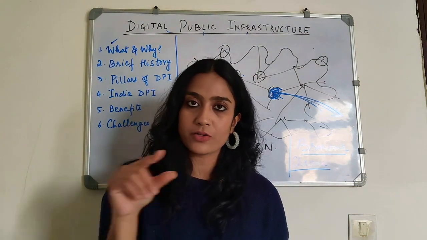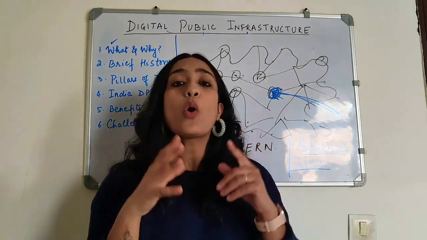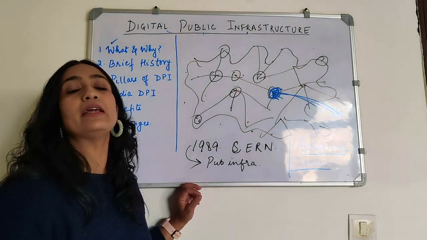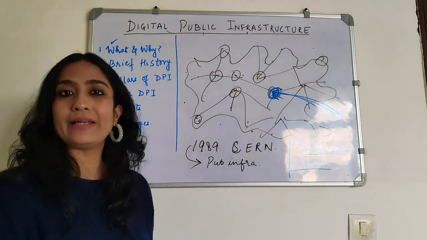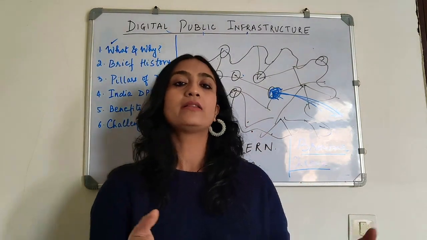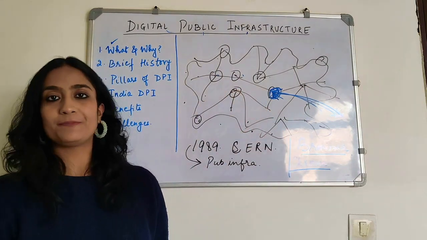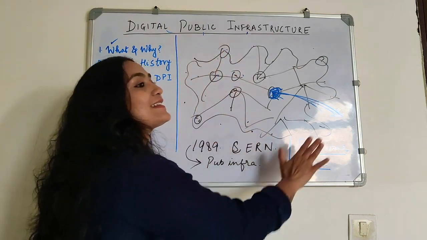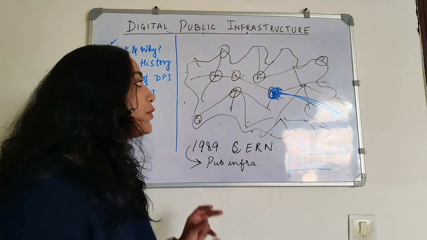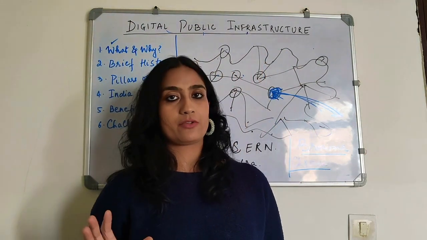So you type in your search words and then you get information on all the places that might be relevant for you, that might have the information or the particular thing that you want. And then the browser is like the vehicle that takes you there. In this case, it just brings whatever you need to your own computer set. Okay, so then this is the basic DPI which already exists. So it's important to realize that this base is also digital public infrastructure.